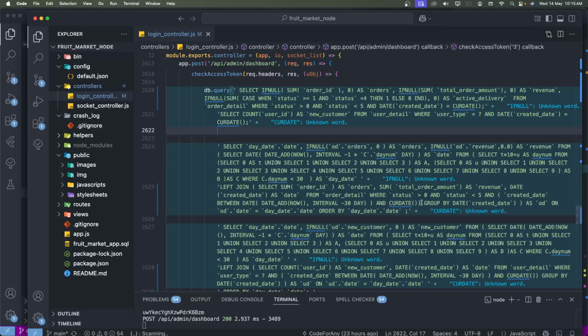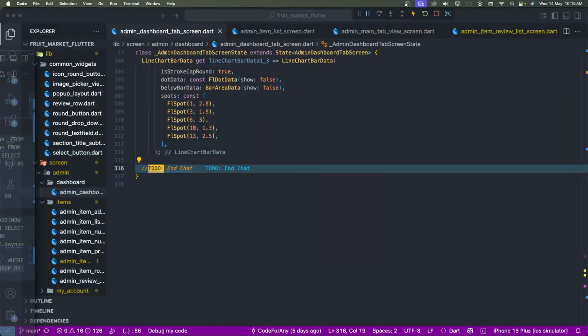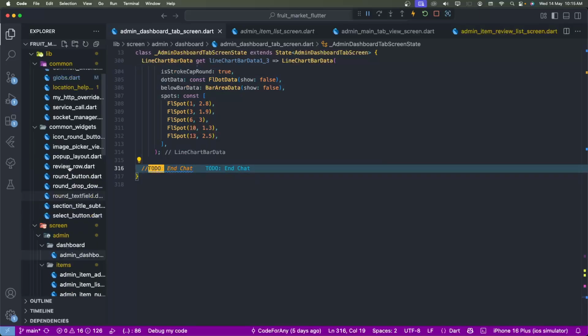We need to create a date range using between: the minus 30th day and the current date, to get the data. We also need to check and set another change: replace the years here, and restart the service. Now we need to call this API first, and we need to declare this API